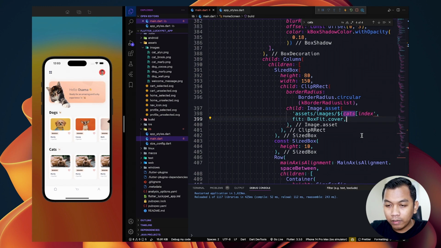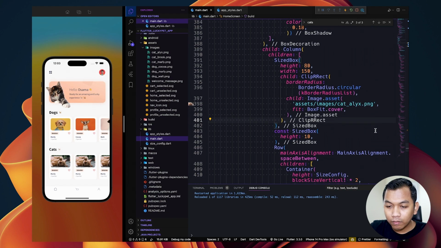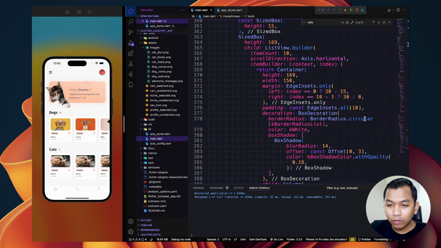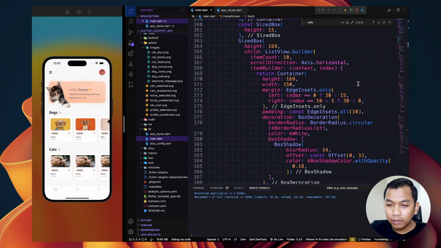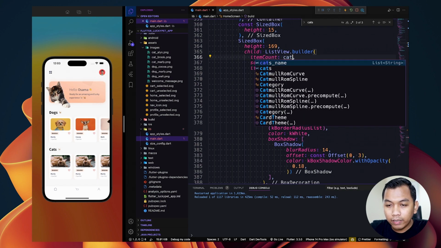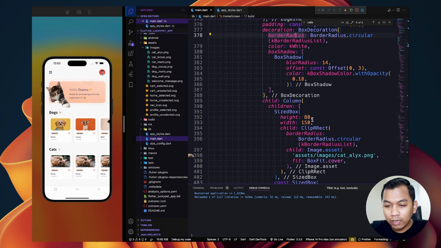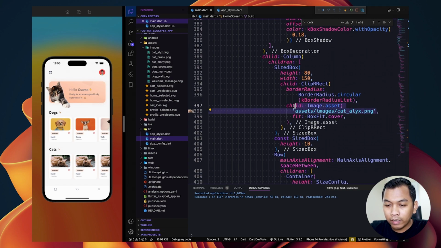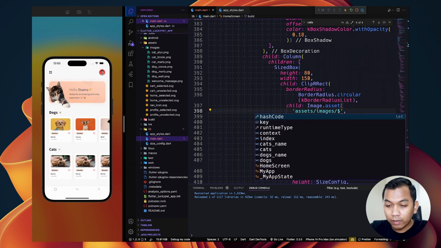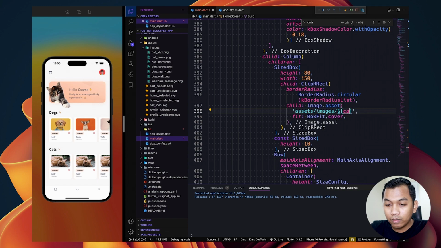we have error here. So inside this we say cats.length, and inside this column we will say assets images slash $, and we will have cats and then index.